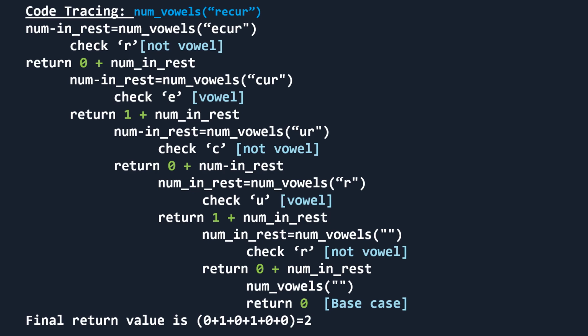We'll check whether U is a vowel or not. Yes, it is a vowel, so it will return 1. So 1 plus num in rest. Now your num in rest will have the value when it is called with num_vowels with an empty